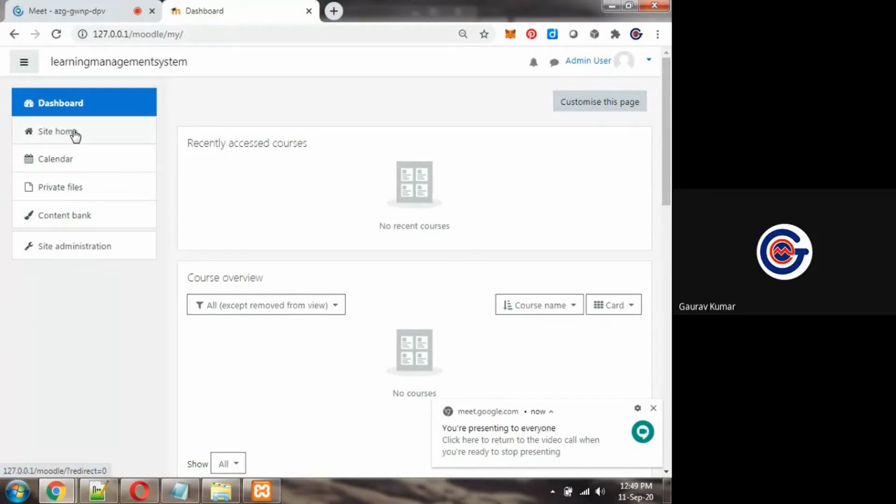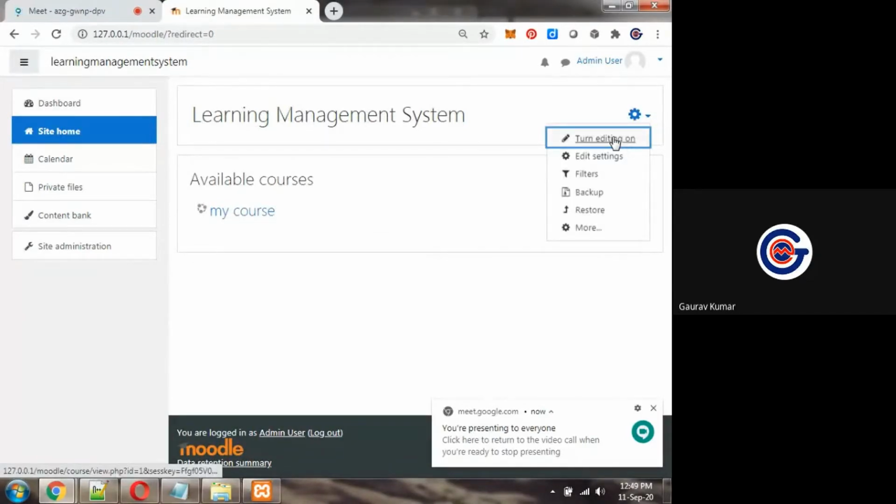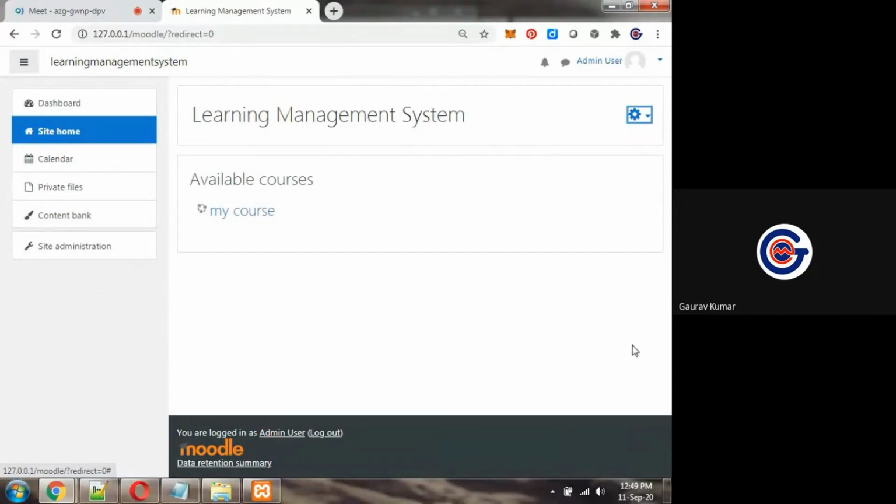Now I will click here on site home. On site home, same procedure. At the top right corner, you can see that it is advertisement free. There will be no advertisement. If there is an advertisement, then those advertisements will be set by me. Nobody else can put any advertisement. I will put advertisements, I will take payment from the sponsors, and those advertisements I will put here. Anybody else can't put any advertisement here because it is my own server.